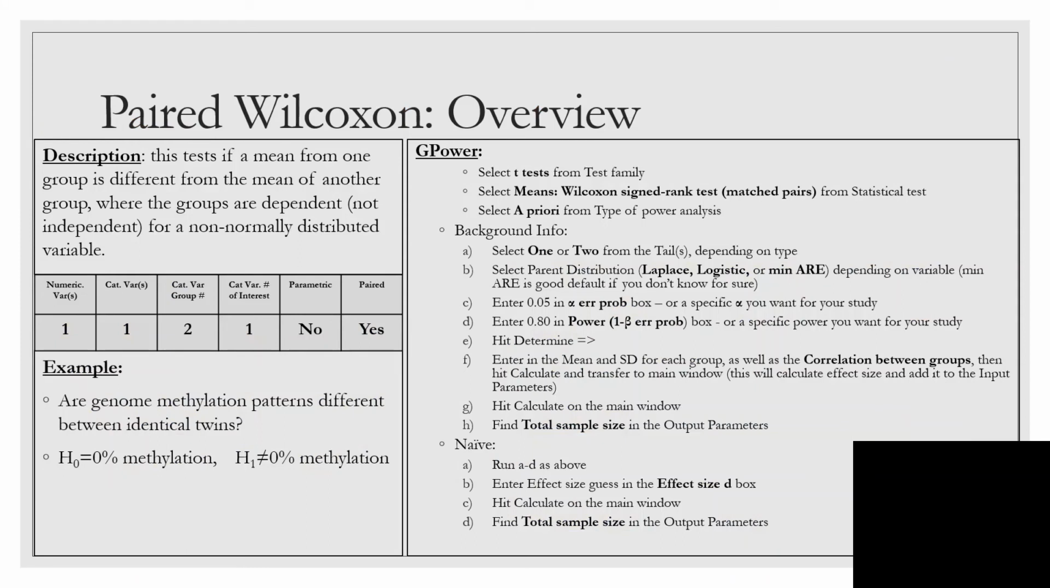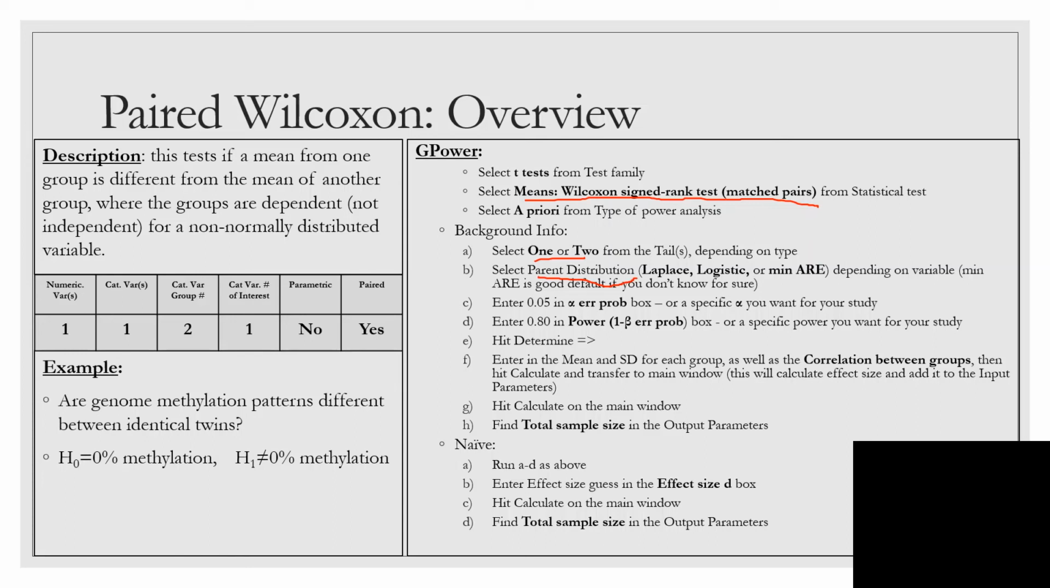Finally, we have the paired Wilcoxon, the non-parametric version of the paired t-test. You can answer questions like, are genome methylation patterns different between identical twins? To do this in G-power means Wilcoxon signed rank test under t-tests, 1 and 2 tails, parent distribution like the 2 means Mann-Whitney, power, alpha,